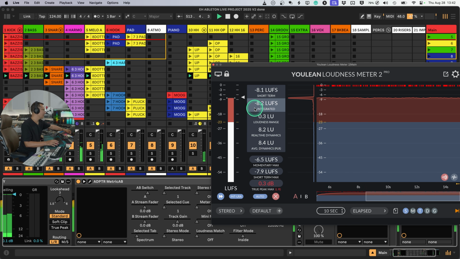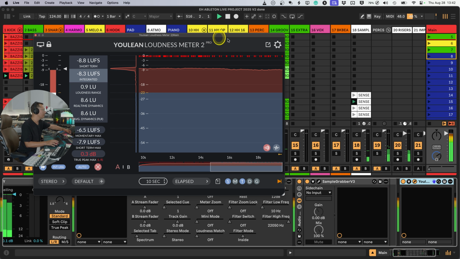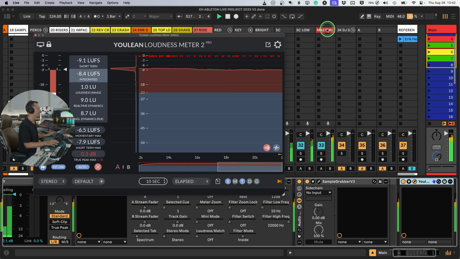So we're at about -8 LUFS, and we could easily go beyond that by boosting the limiters on the mastering